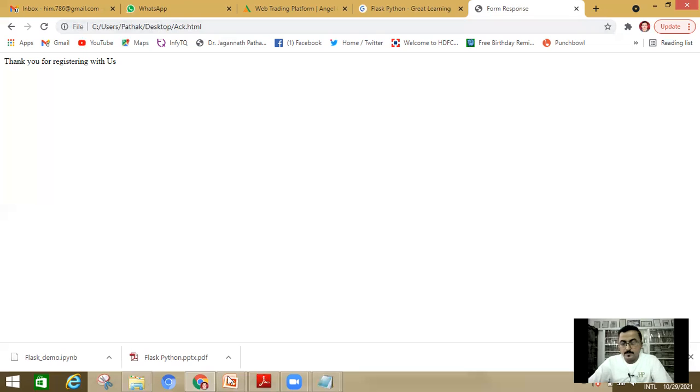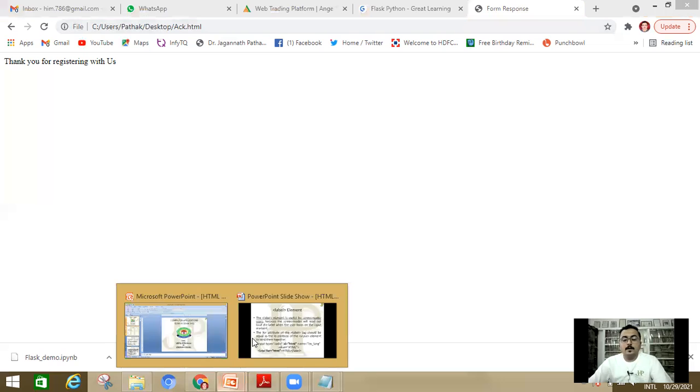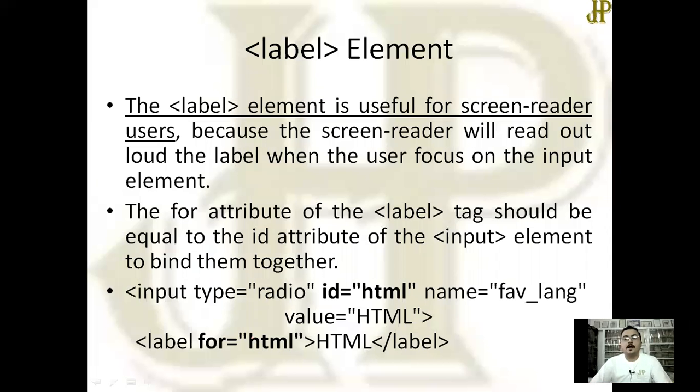Okay. Now move on to the elements, and the first element is known as label. As the name suggests, the label element is useful for screen reader users. Whenever you simply have to show some information about what value should be entered, then the label element can be used.